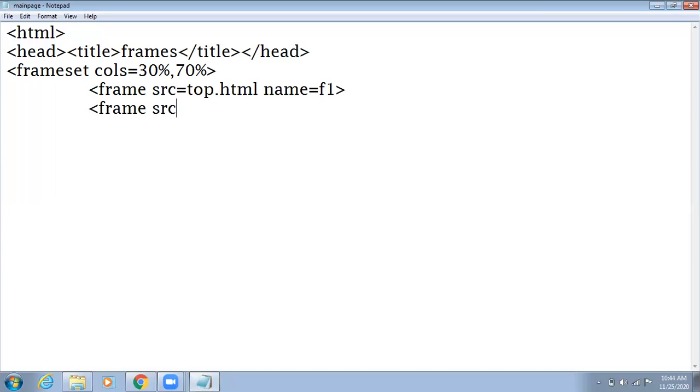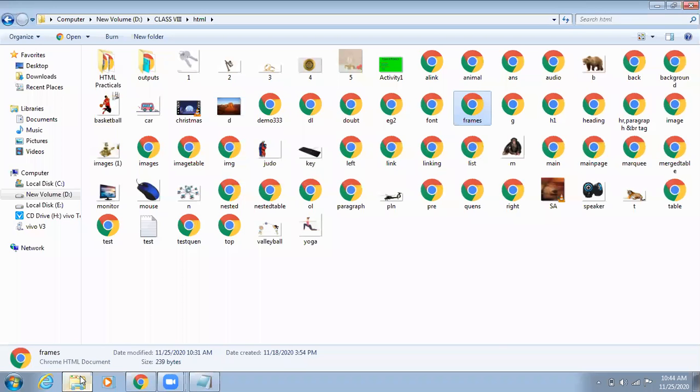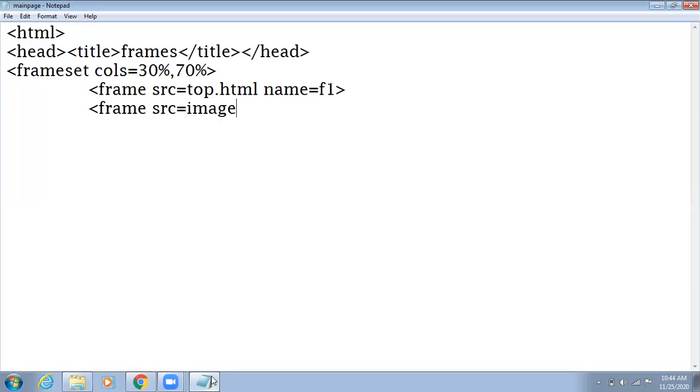Frame src equals to image. What was the name of the page? Image table dot html, name equals to f2, close frameset. We are done with the partition.